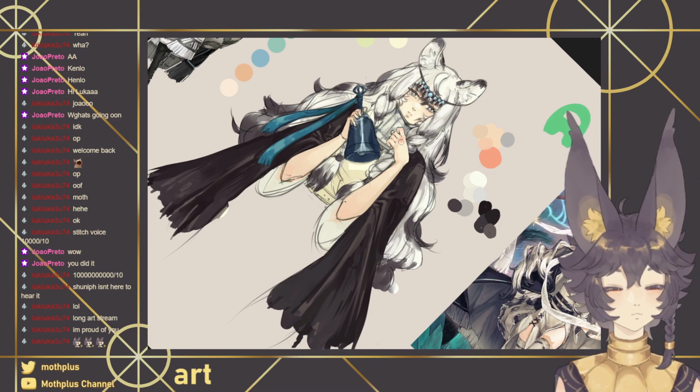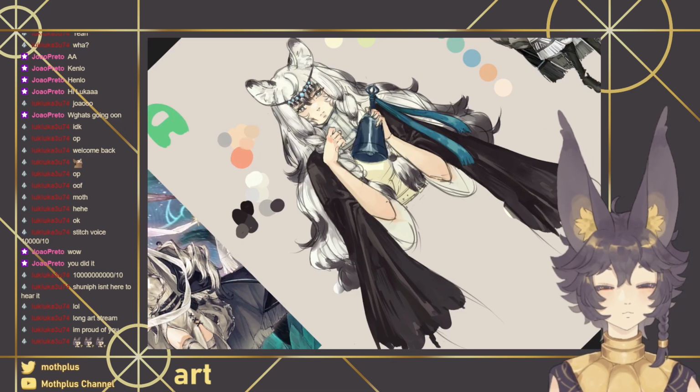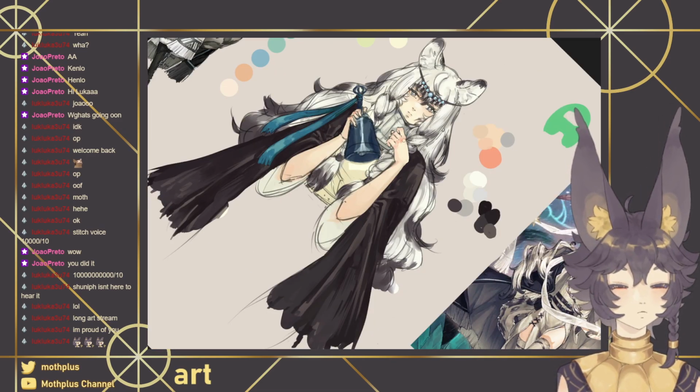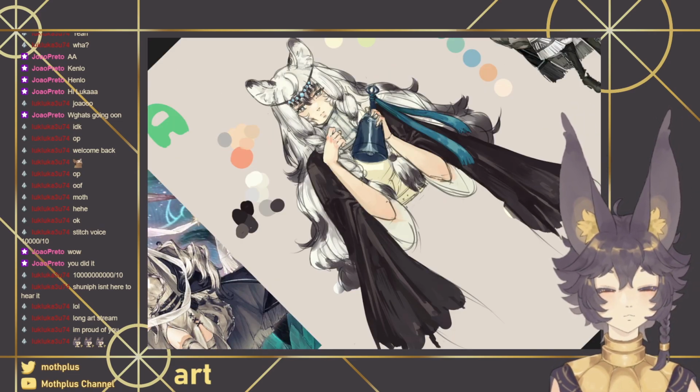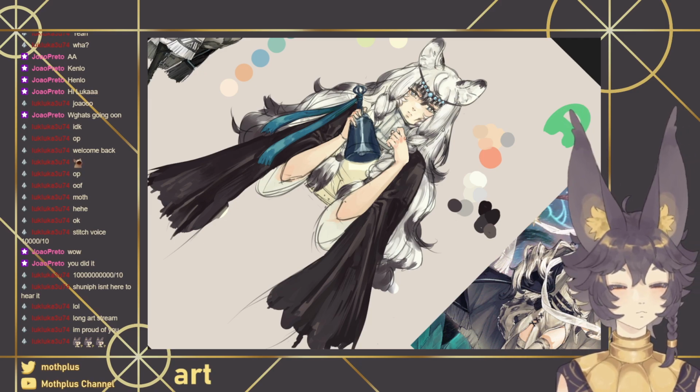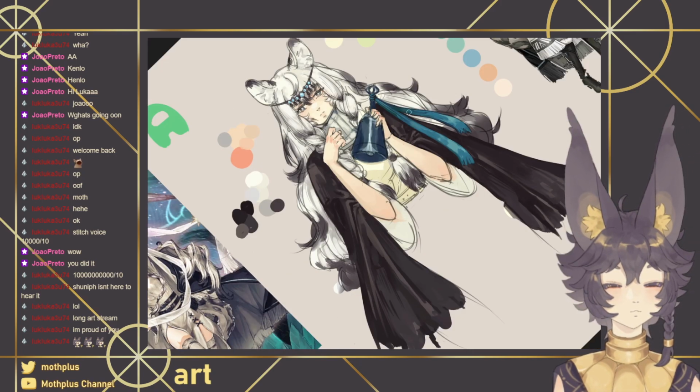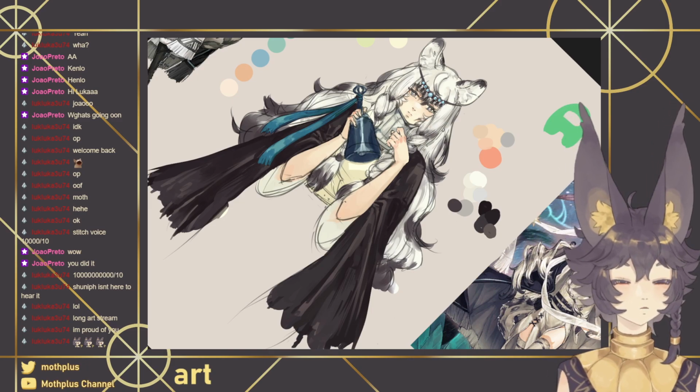I can do knuckles even a little bit darker. I like doing that. Okay.